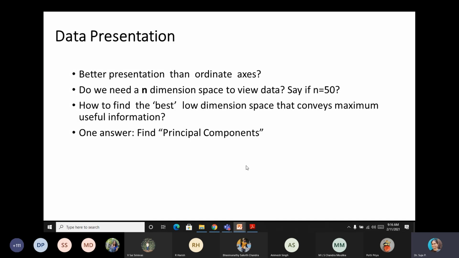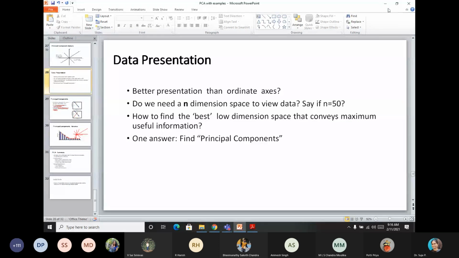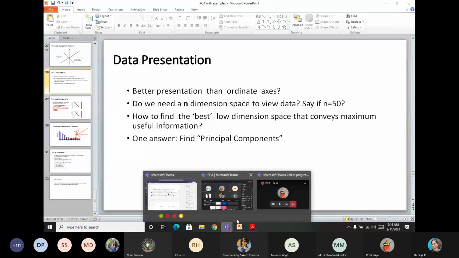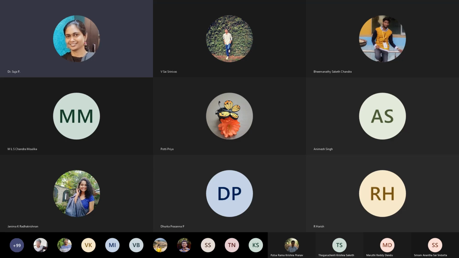And since this is a very complex procedure, what I'm thinking is